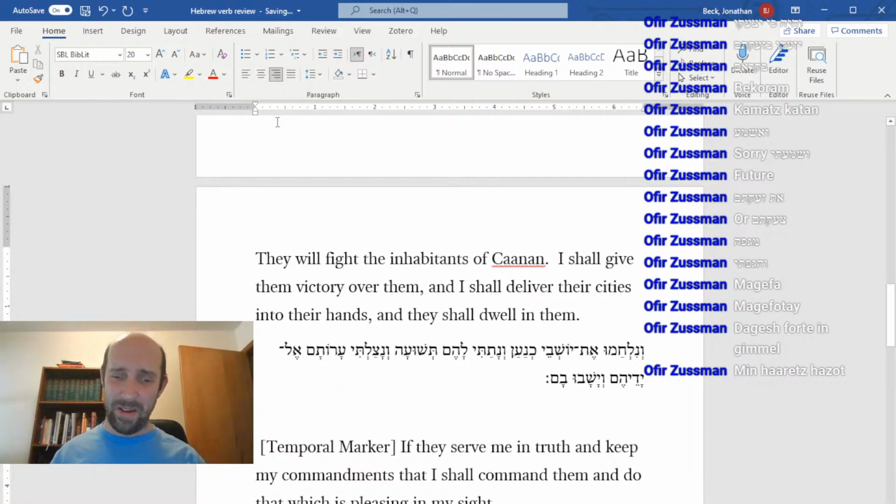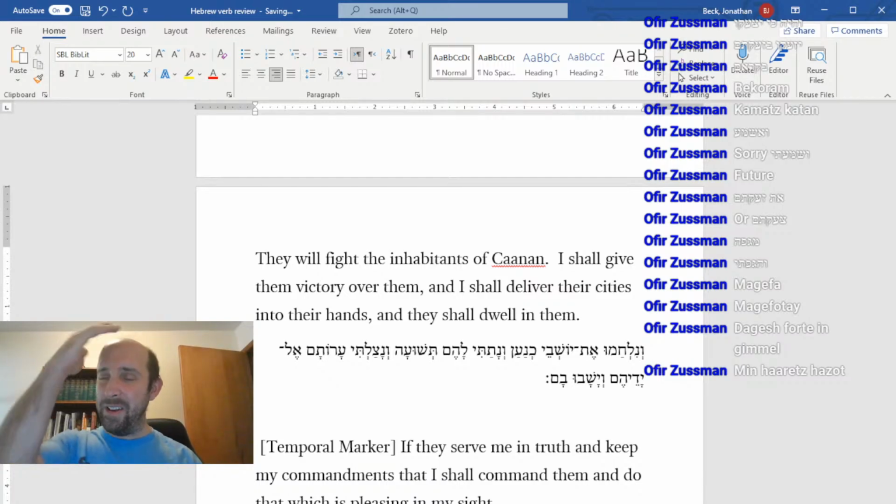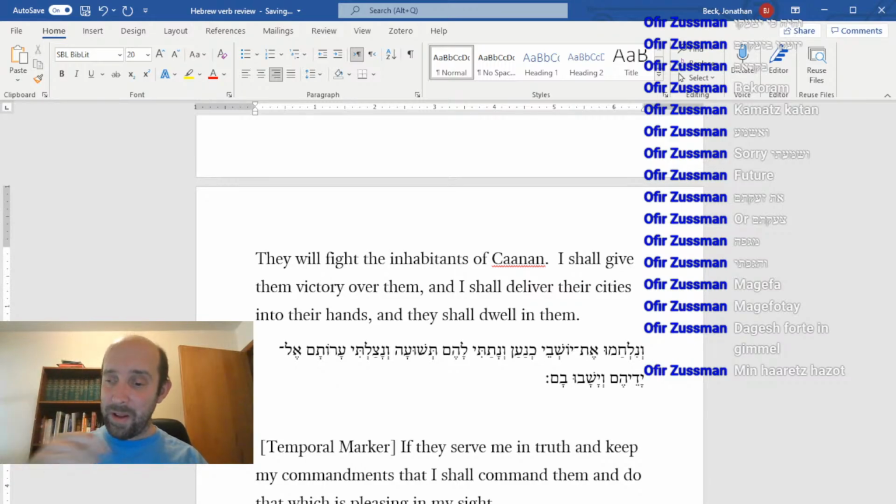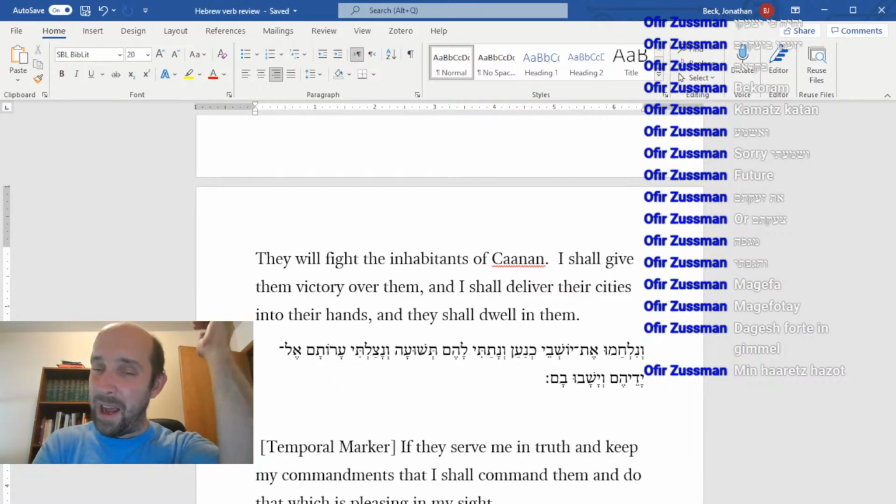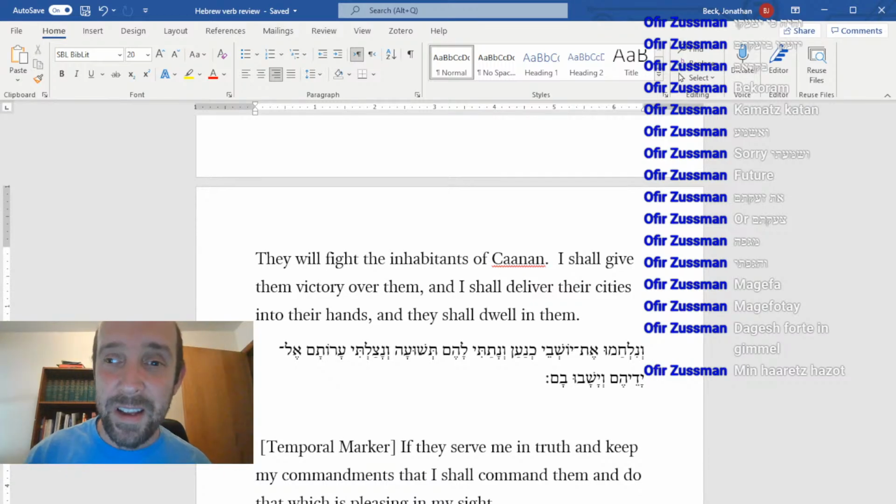But we're just going to use the temporal marker as a future indicator and not necessarily translate it. So it will be v'haya. If they serve me, I'm going to do this differently. You can use the key formula, but I'm going to use the vav as a conjunction, signaling real perfects, hypothetical situations. If they serve me,